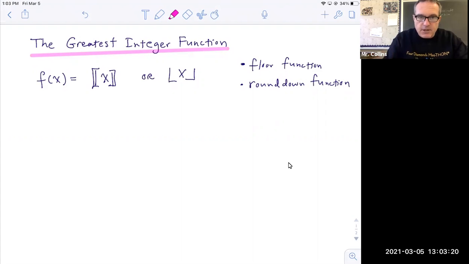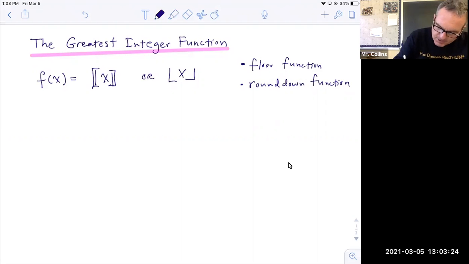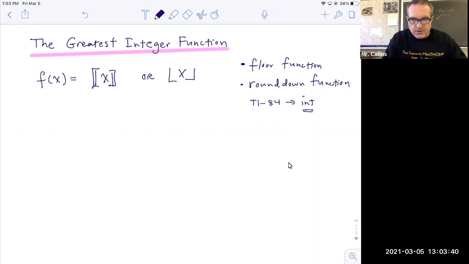Depending on your graphing calculator, it has different symbols. I happen to know that on the TI-84, it's called the int function. You'll find it under the math menu. Anyway, what this function does is it just takes numbers and rounds them down. So, as an example,